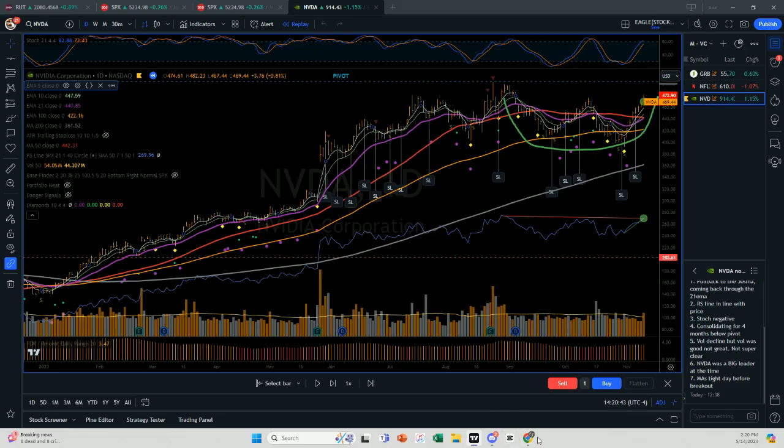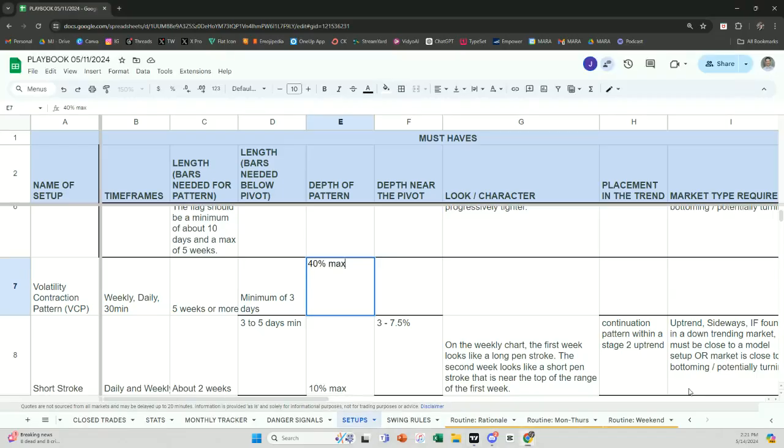Mike, the depth is 40%. Is there anything that the depth tells you if it's like 10 to 15%? What else does the depth tell you other than 40%? All right, that's a fair point too. What's the minimum? I would say the minimum that I would want to trade would probably be 15%